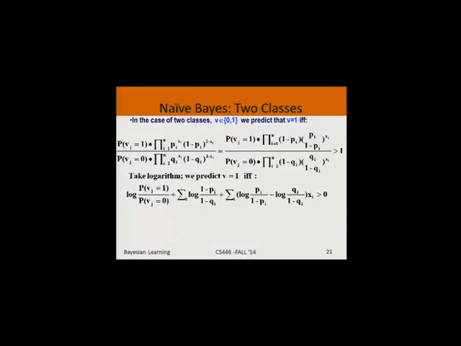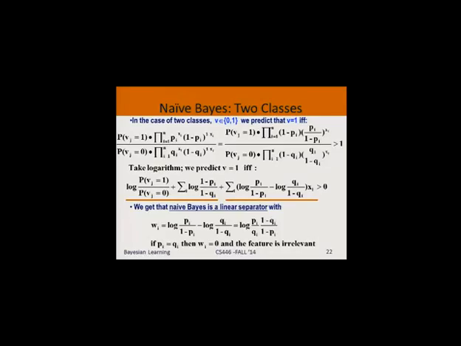So essentially what I've shown is that with these as coefficients and some constant, this is a linear function. So really naive Bayes makes a decision using a linear separator where the coefficients are very specific numbers computed from